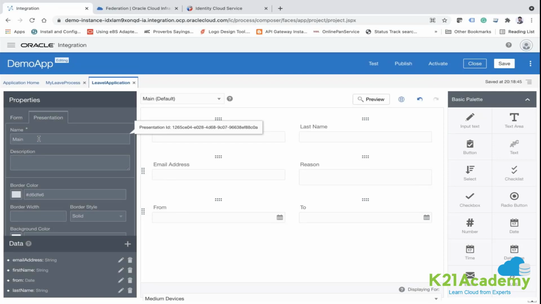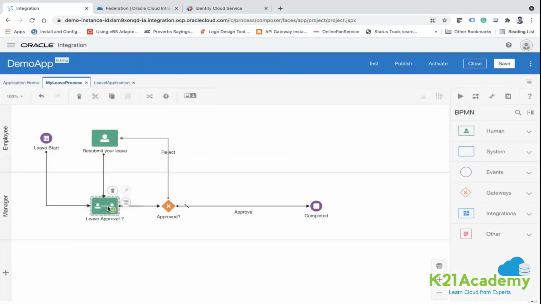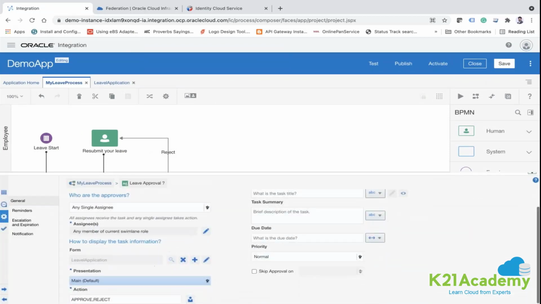Let's say for the employee this presentation will be visible, but for the manager it might be a different presentation which will show you the number of leaves the user has applied for. You can create one more presentation, and then accordingly select that presentation here, but I am using the same one as of now. Okay, and then actions, approve and reject. If you want to edit it, you can edit it. Let's leave as it is.